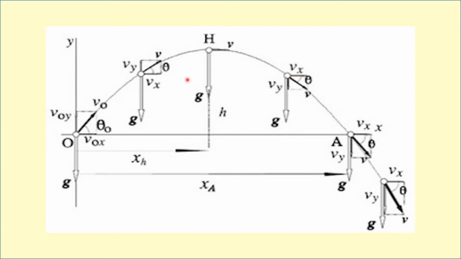Whatever the angle theta is above the horizontal is also the same angle when the body is at this point, but the angle now is below the horizontal. That's the only difference. And when the projectile has reached that point, which is of the same level as what it had initially,